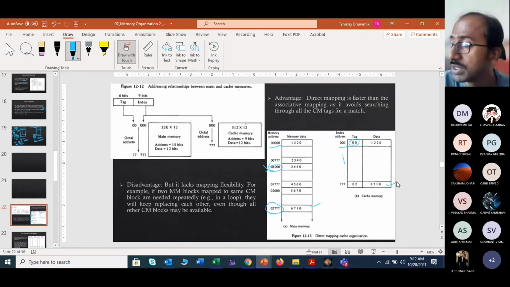Because if you are using this direct mapping technique, it will not need to search all the available memory locations. Again, the same kind of example: your class is going on in physical mode at Bennett, your lab work is going on. If some person is there to meet you, and he has your timetable in his hand, he will simply check whether your class is going on right now or not. Class is going on, done.